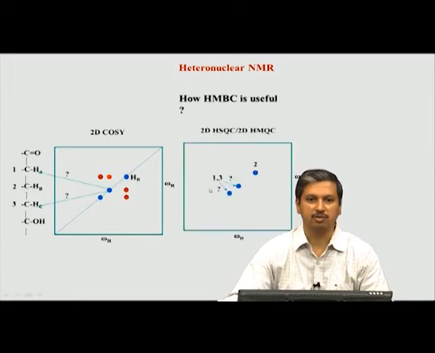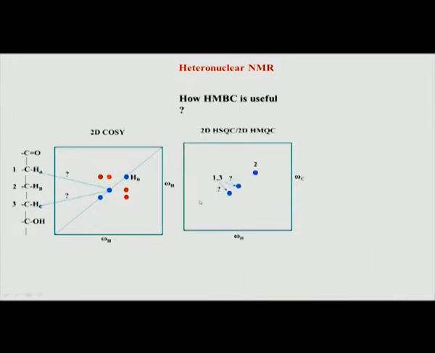Now, let us say that I record a 2D HSQC of this molecule, which is shown here, and a 2D HSQC or HMQC, remember, will give us the same information. So, as far as the chemical shift correlations are concerned, absolutely there is no difference between these 2 spectra. Minor differences are there in terms of sensitivity, resolution, etc., but the chemical shift correlation information is the same in both. So, let us say I record such a spectrum for this hypothetical molecule shown here, I may get something like this. So, here this is on carbon number 2, this is shown proton number 2.